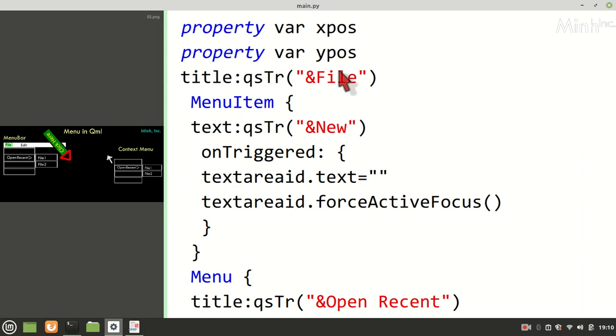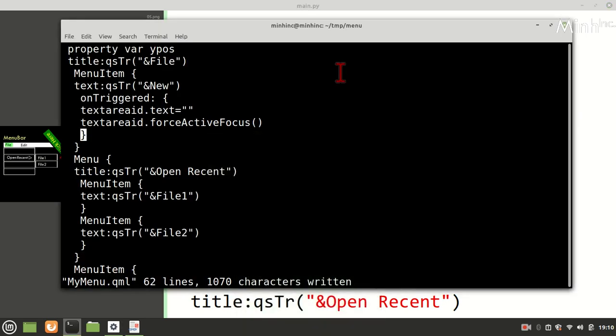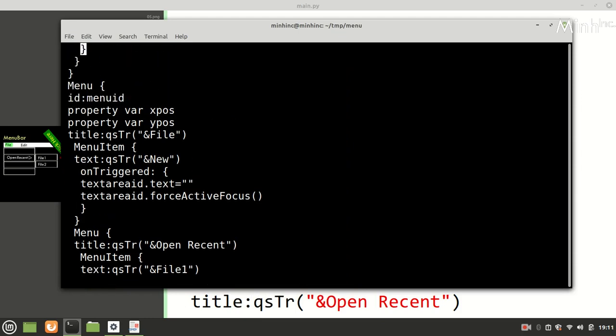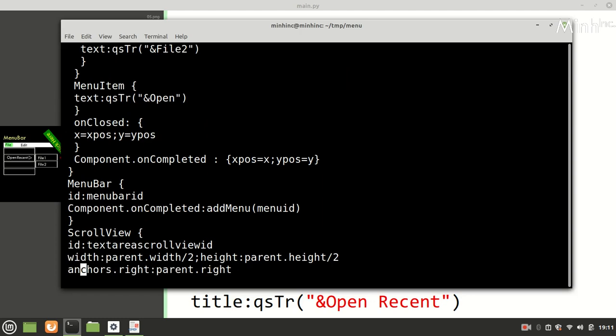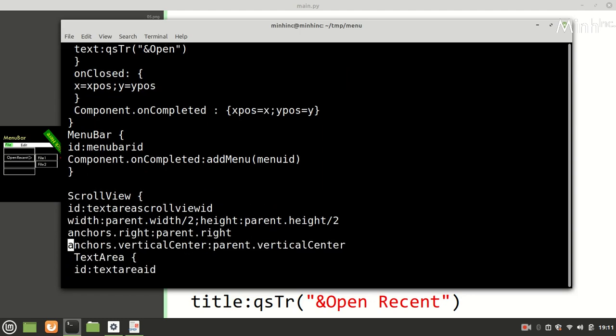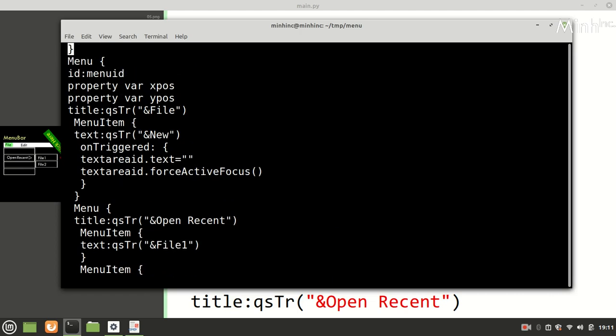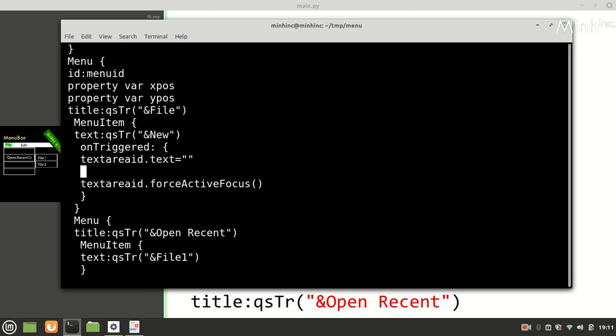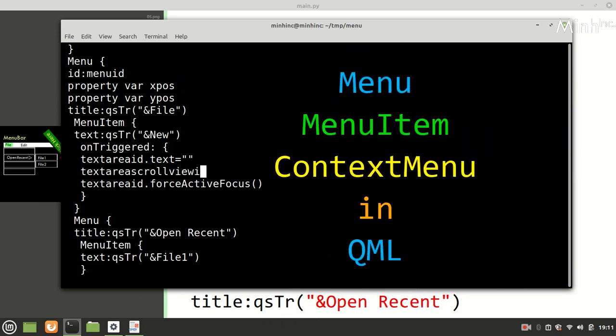I think initially we can make visible equal to false, and it should be visible afterwards. Just a little bit fancy, nothing else. Visible equal to false, and once it is triggered, it would make text area scroll view ID visible equal to true.